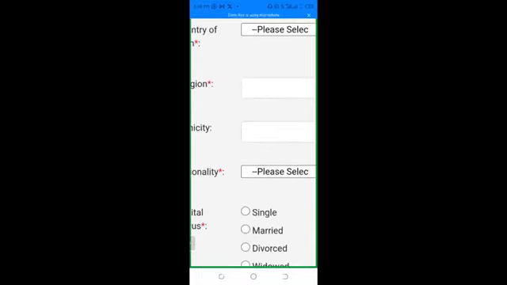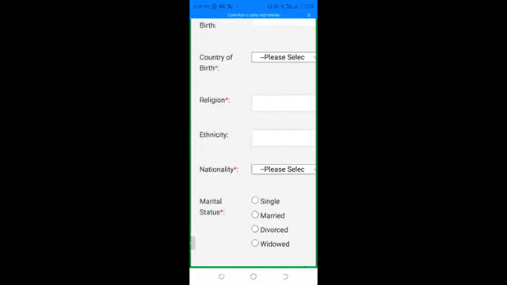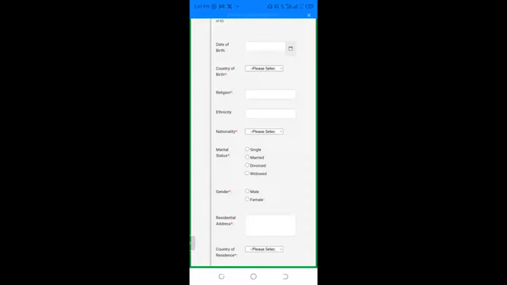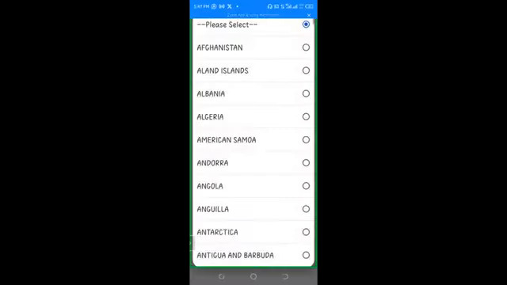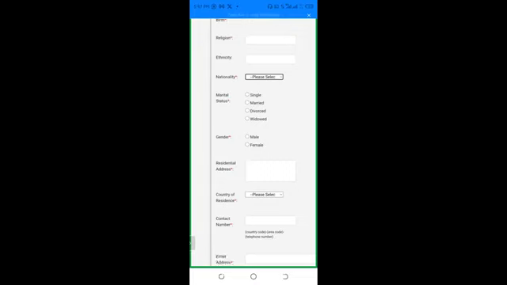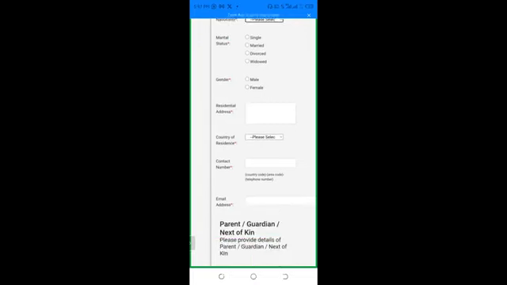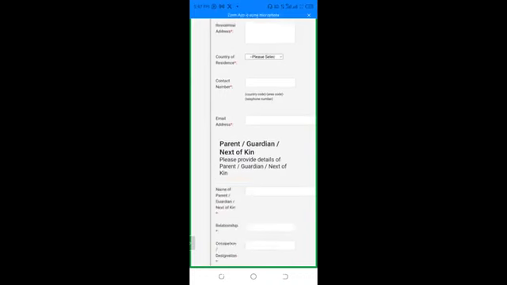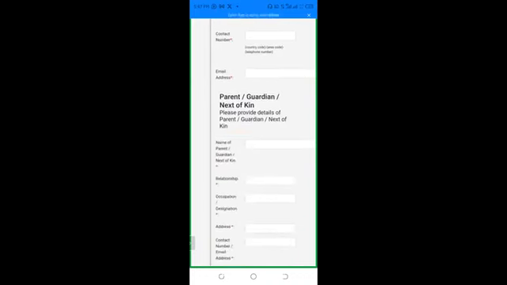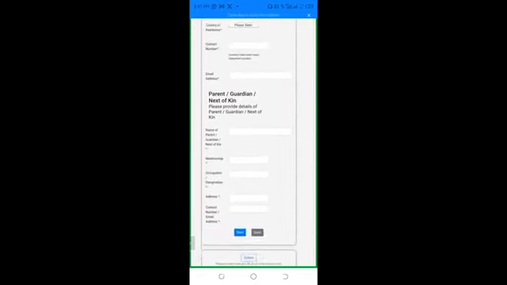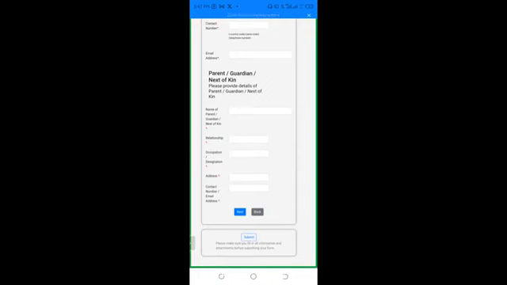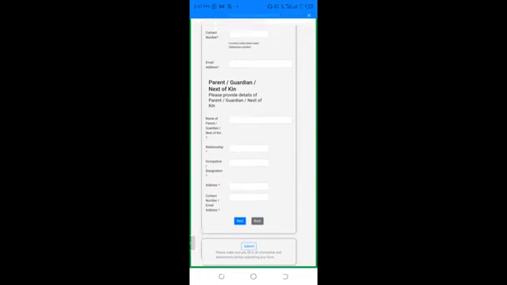You can see the ethnicity here doesn't matter to them. So even if you leave it blank, it will not complain. And then nationality matters because they need to know which country you are coming from, obviously. And then gender too is important, residential address in case there is anything they want to refer back to you for. Then parents, guardian, or next of kin too, in case they want to make references on your behalf or when you are not close by. So this one too. Then maybe next.